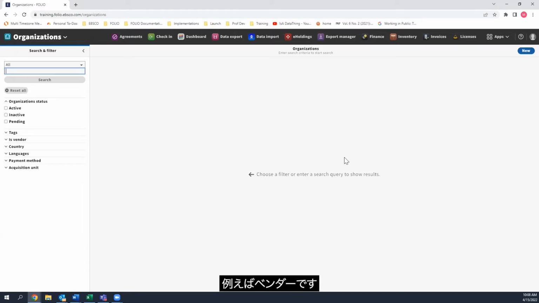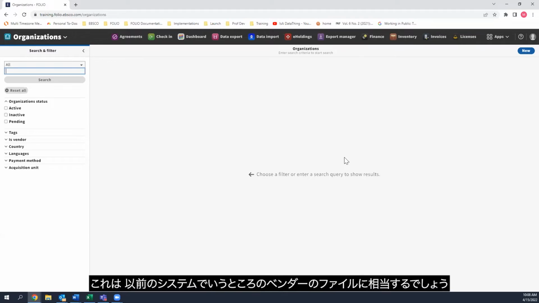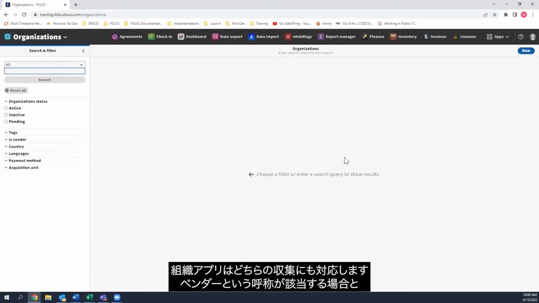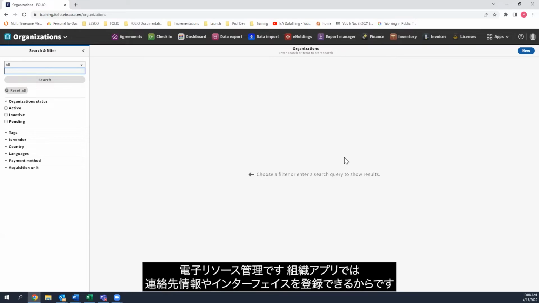So they can be your vendors. This is strongly equated to your vendor file in a previous system. However, it can also be used to track relationships that you have with other organizations, maybe a consortium you belong to, or a membership organization. And so the organizations app has functions in both acquisitions, where the vendor designation really comes into play, but also